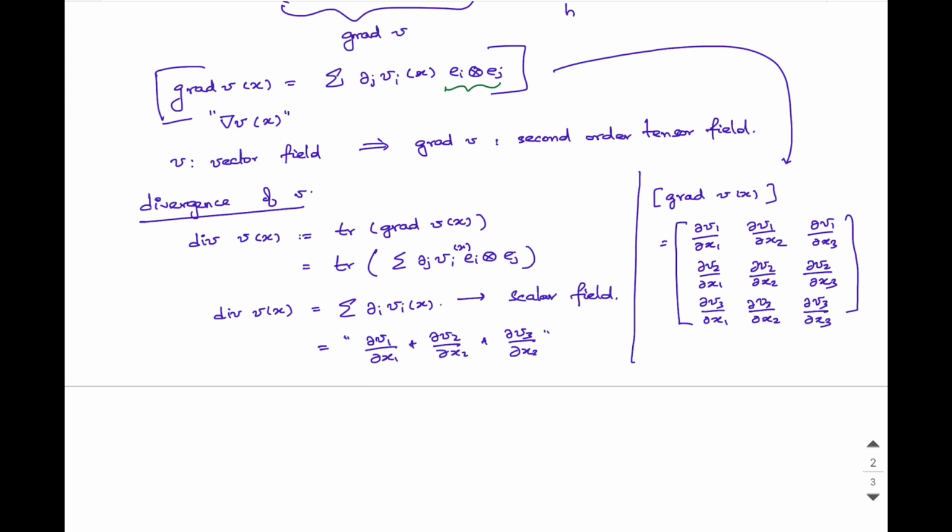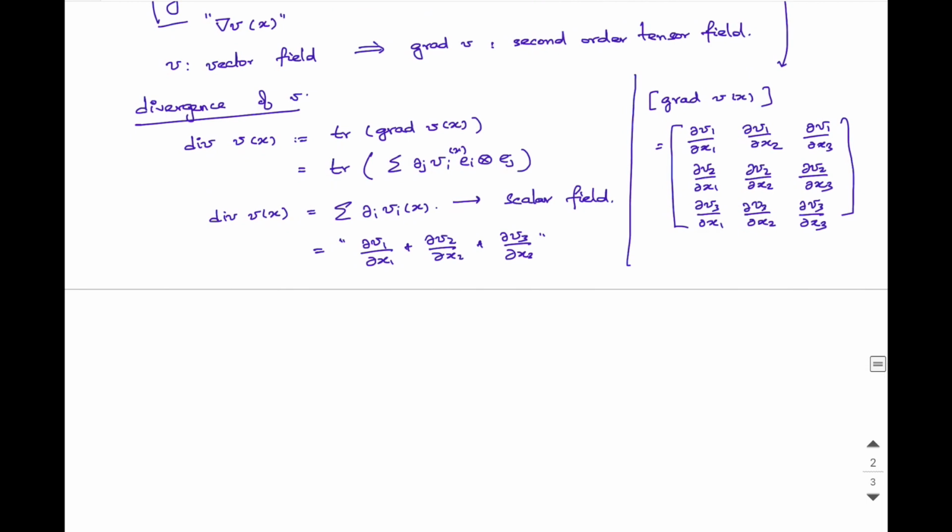Okay, and finally I'm going to define one more quantity called the curl of a vector field. So I'm going to define the curl of V, and again this quantity is defined only in R3, not in a general context, but it's important. The curl of V is again a vector field. If V is a vector field, curl of V is also a vector field, and they define it as follows: choose